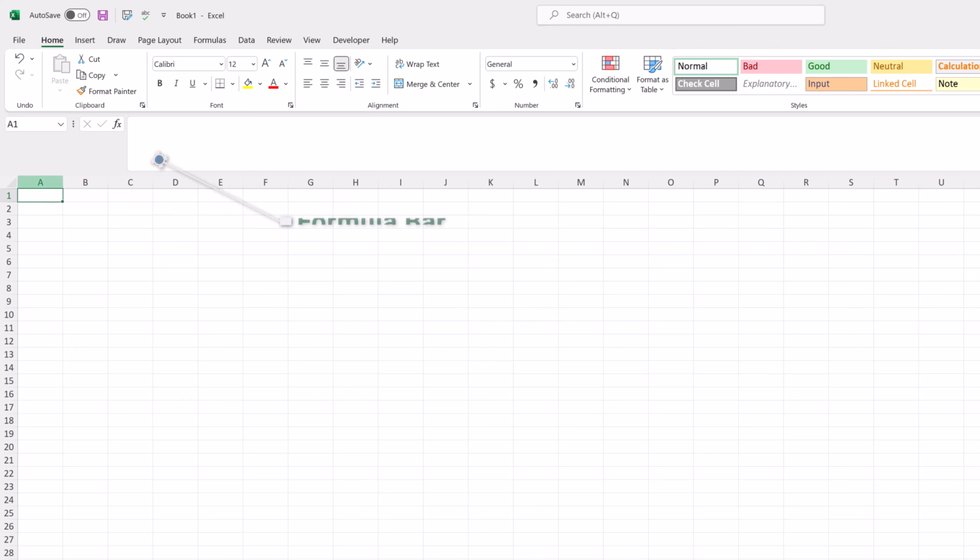Above the column headers is the formula bar. This shows the contents of a cell or a formula that has been added to the cell. To the left of that is the name box. This shows you the cell that you are currently in. In this example, my cursor is placed in A1. You can type a new cell address into the box and the cursor will jump to another cell,